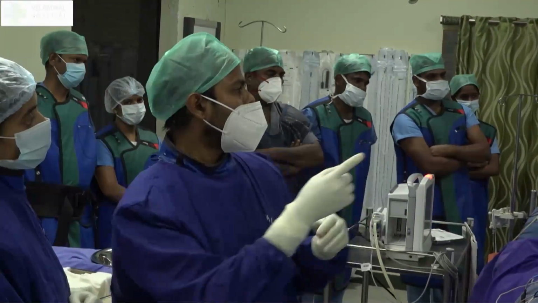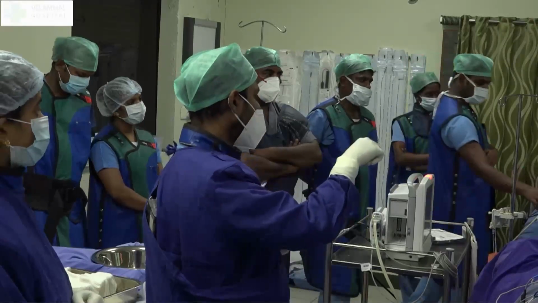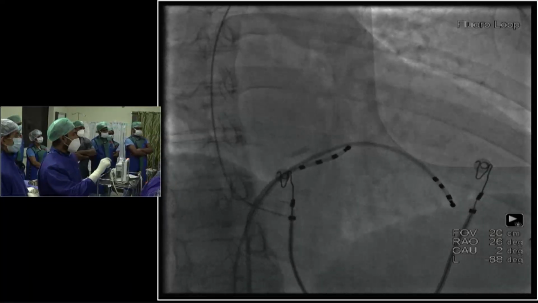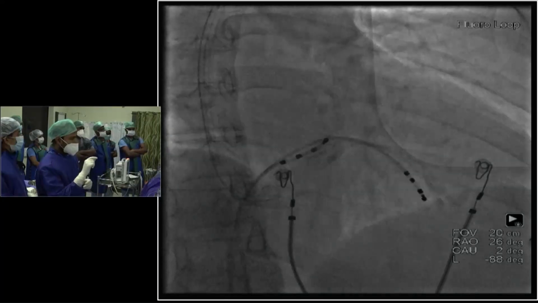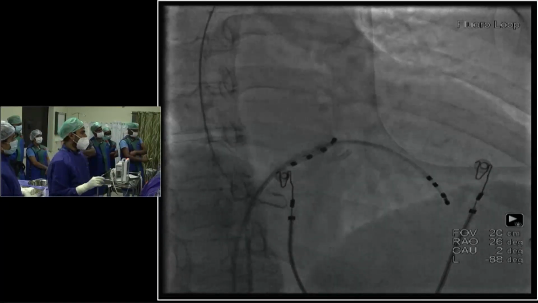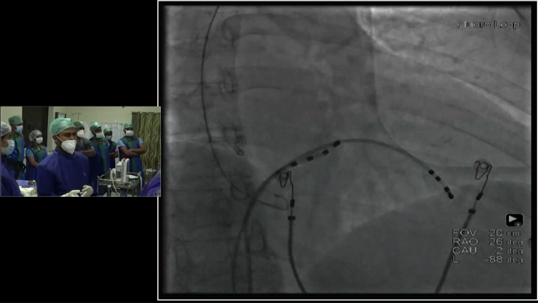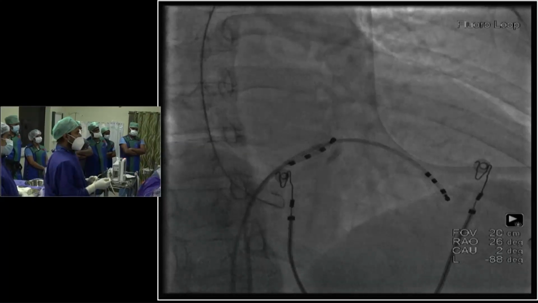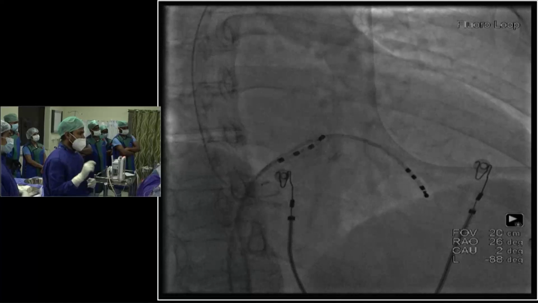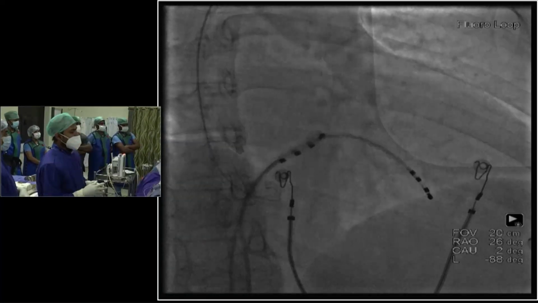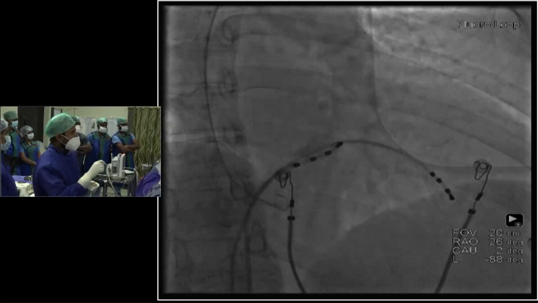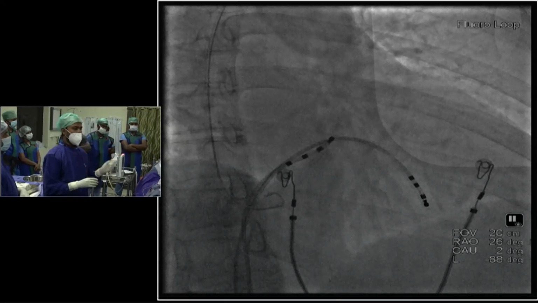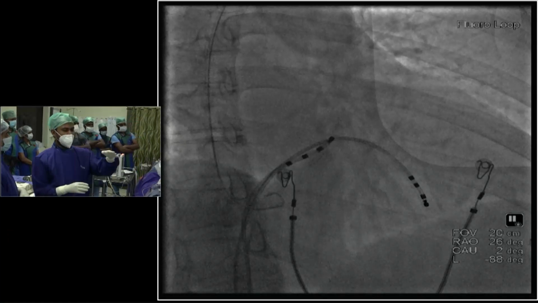Because you can see here, you can play the fluoro loop again, just go back. You can see here, I was very conscious in taking my catheter below the His bundle, because if you are going to injure the right bundle, two important things are going to happen. One is obviously the patient will develop complete heart block, and you may have to pace the right ventricle for backup pacing. But the other important thing is that in LBBB, we always want the right bundle to conduct, because for final programming, you can use the native AV node, right bundle, right ventricular activation for a good fusion. So these two things are very important to avoid injuring the right bundle. You have to be very careful in taking the catheter below the His.